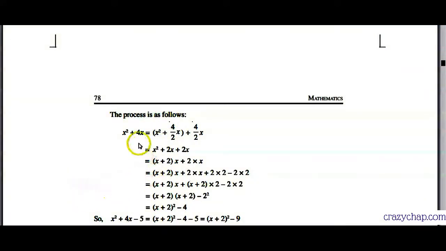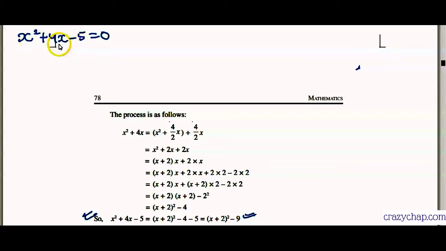The question is here. The question is x square plus 4x minus 5. We have to convert it to a perfect square. So we'll learn how to do that. Let me write that: x square plus 4x minus 5 equal to 0. This is a quadratic equation given to us, and we have to solve for the value of x by using